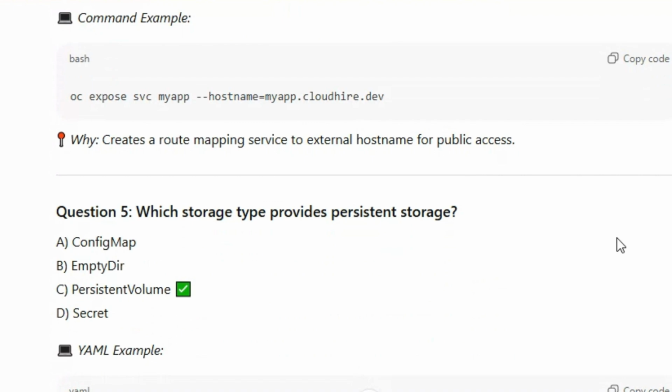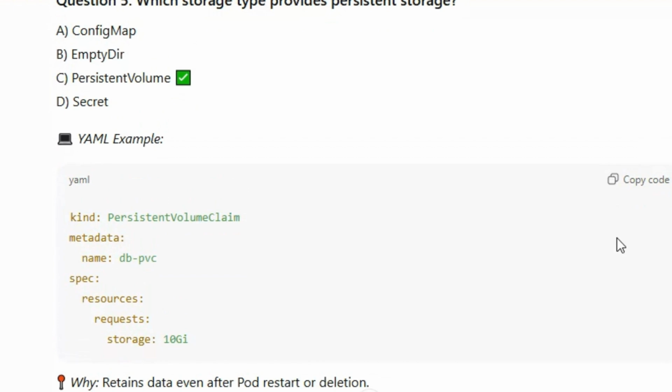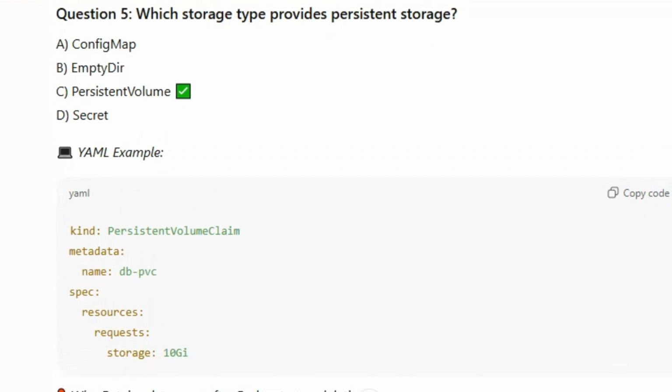Which storage type provides persistent storage? Persistent storage means it retains the data even after pod restart and delete. Let's say, for example, when the pod is deleted, another pod will start, right? When the pod is deleted, it will recreate another pod. That means auto scaling, right? Based on the scaling, it will recreate, but